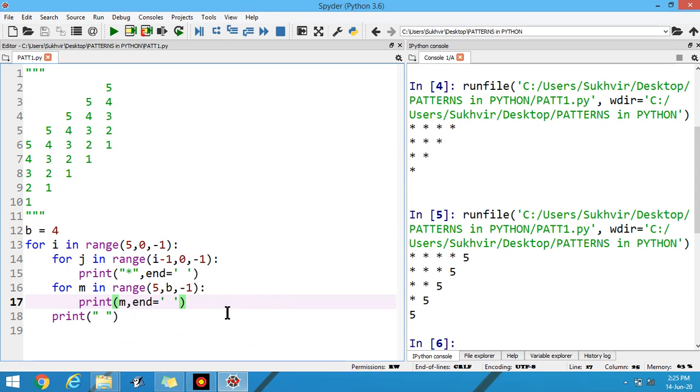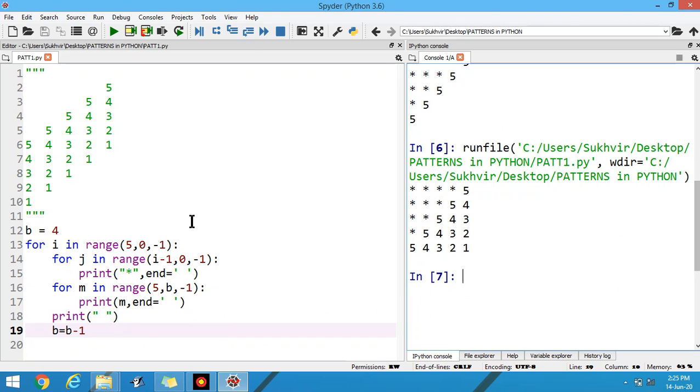Only 5 is there, but if I write here b is equal to b minus 1, then I can print the exact value.